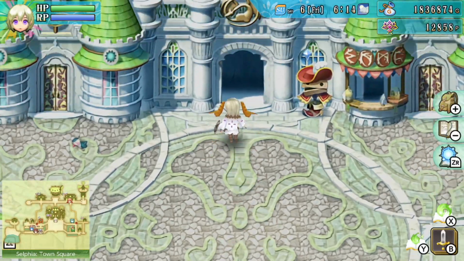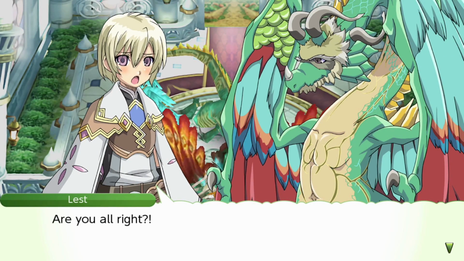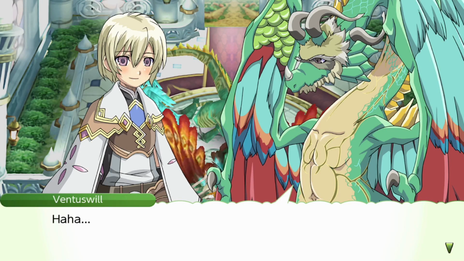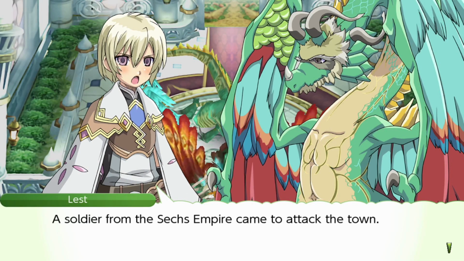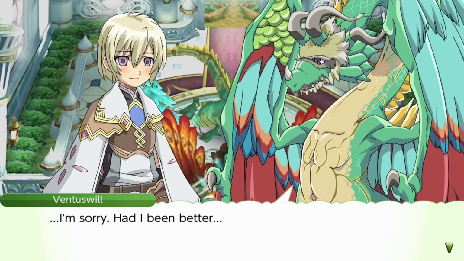Switch most powerful gear on. Oh, hey, Venti! Lest, are you alright? Do I look alright to you? If so, you must have a problem with your eyes. Unless you have enough energy to say that. I heard a lot of commotion outside. What's going on? Well, a soldier from the Zex Empire came to attack the town. What? But it's okay. We drove him out. I see. I'm sorry. Had I been better...